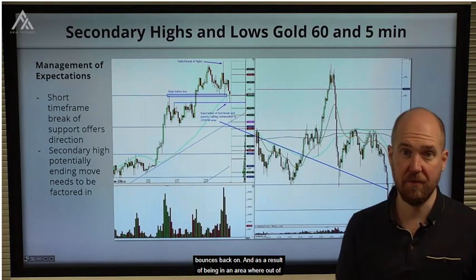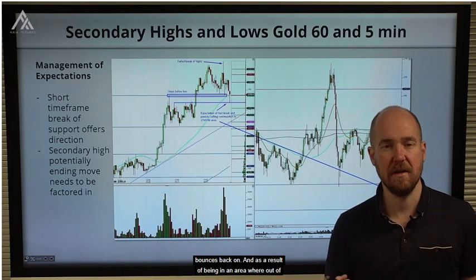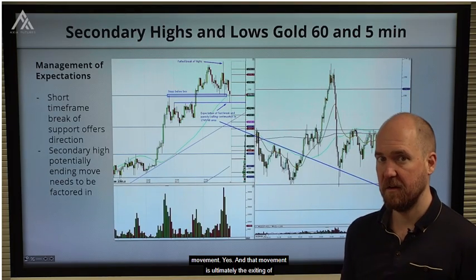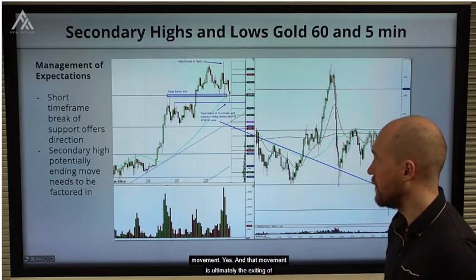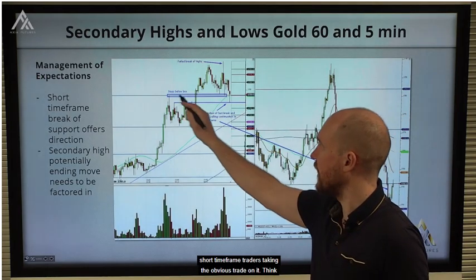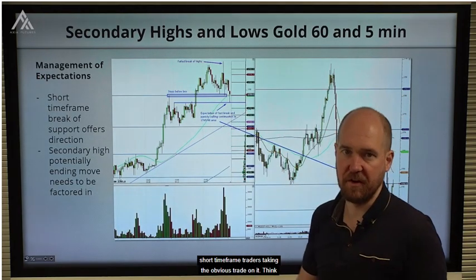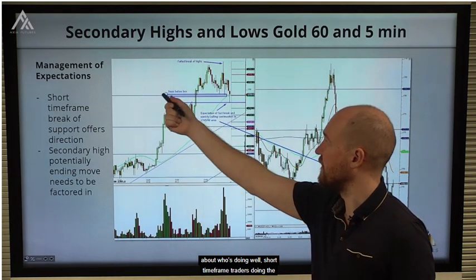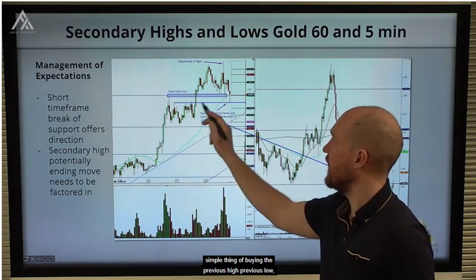And that's a result of being in an area where ultimately you've not changed direction. You've created movement, yes. And that movement is ultimately the exiting of short time frame traders taking the obvious trade on it. Think about who's doing what. Short time frame traders doing the simple thing of buying the previous high, previous low,